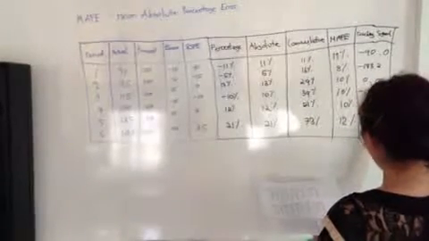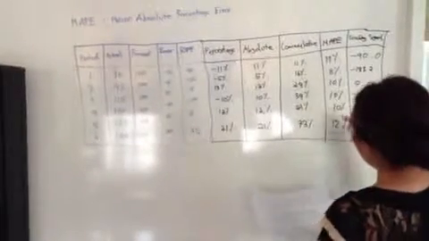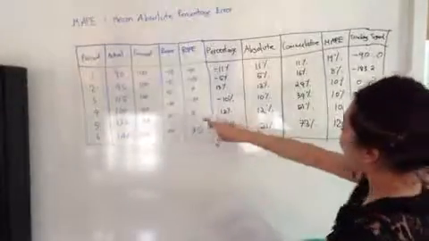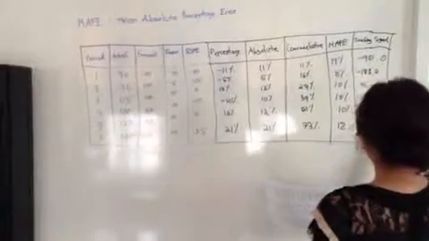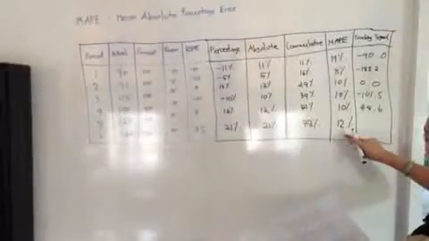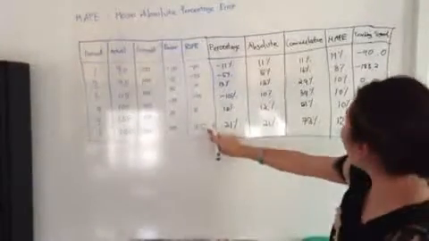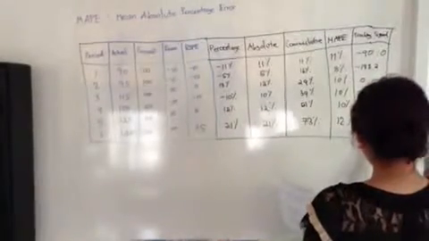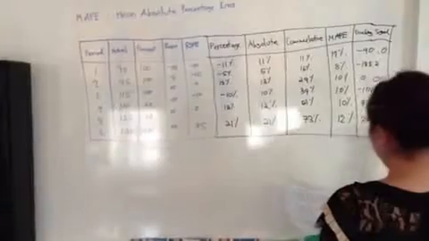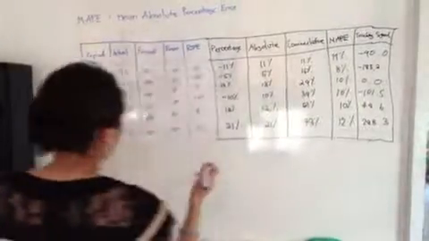Fourth one, 101.5. The fifth one is 5 divided by 10% is 48.6. And the last one is 35 divided by 12% is 288.3. So in conclusion here,